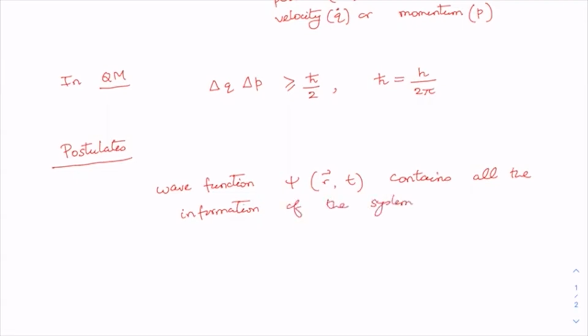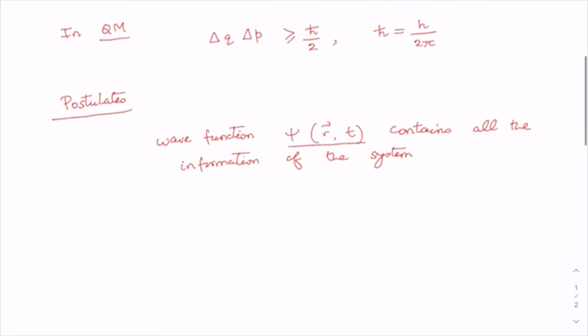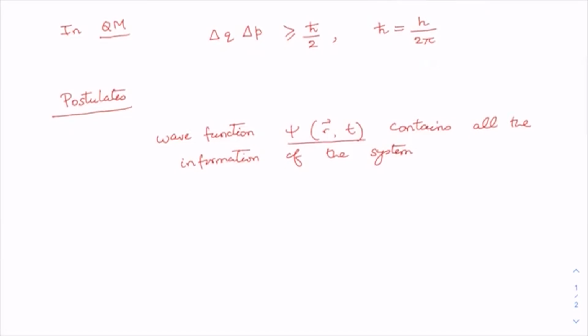So the state of a quantum system is defined by this wave function, which is a complex quantity, and in Hilbert space this wave function